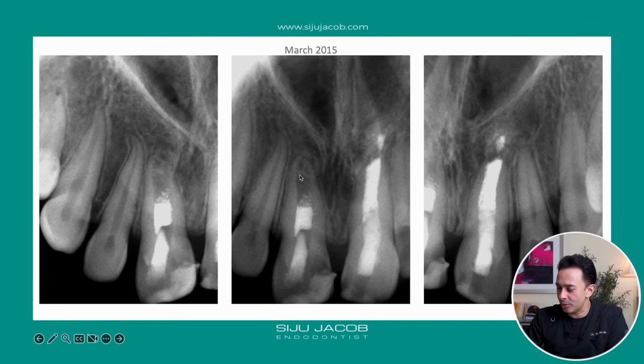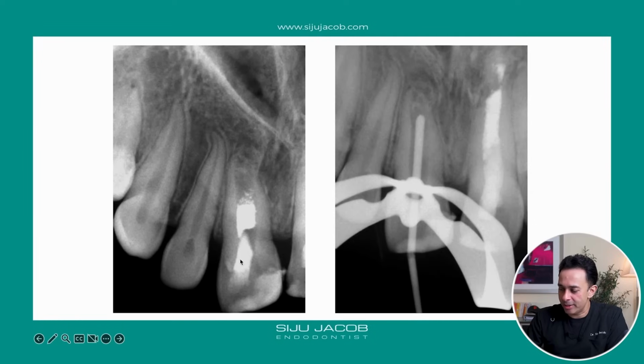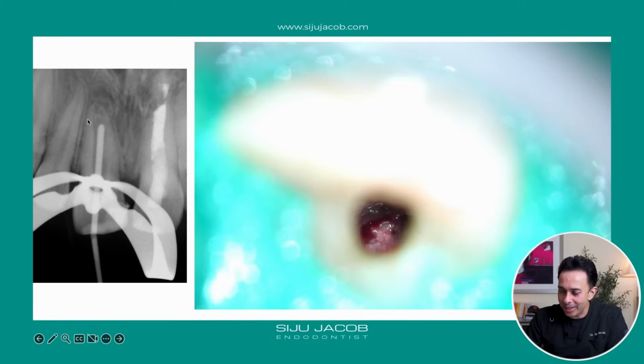And once we saw some evidence of barrier formation, there is a difference between these 2 teeth. Here we can see the barrier doesn't seem to be that uniform, but here you can see the barrier is very uniform. So what I did was I removed this temporary filling and then went in there, removed the calcium hydroxide, and I could feel resistance at this depth here. And when I looked into that area through the surgical microscope, I can see a barrier here, but the barrier is not uniform. You can see bleeding here.